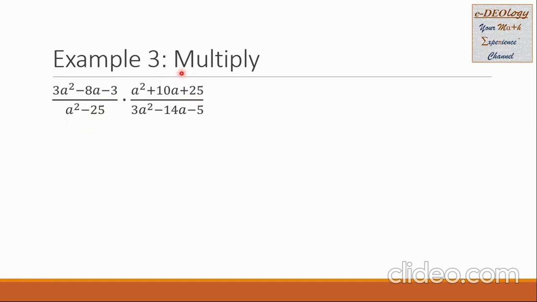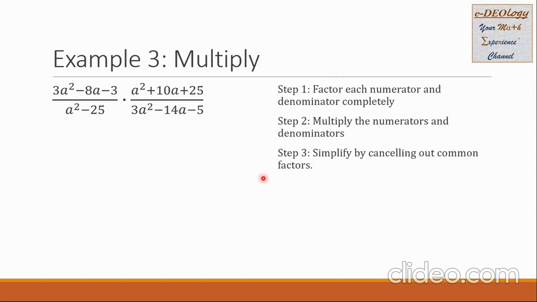The second rational expression, in the numerator, is a squared plus 10a plus 25 all over 3a squared minus 14a minus 5. So I wrote the steps on this side, and I will now go to step 1 to